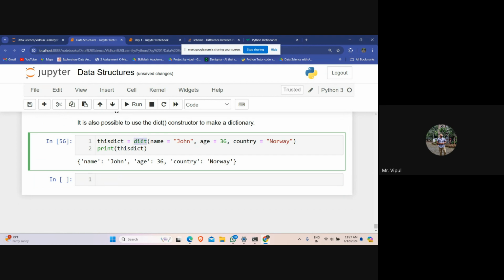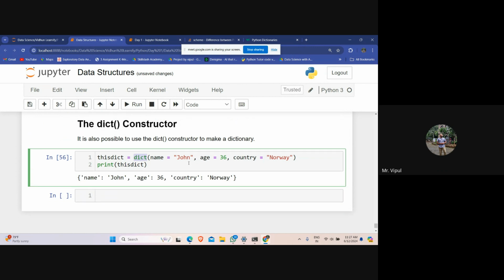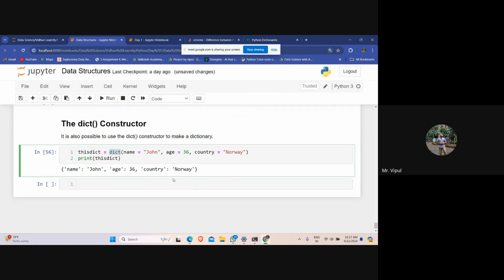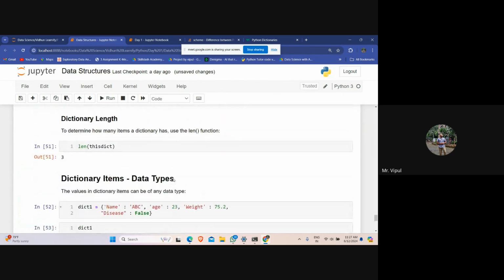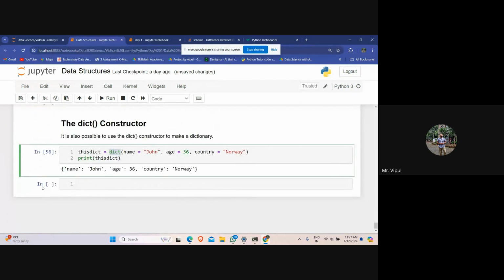DICT is a constructor that we have, and you can see that even though you are using round brackets, it is understanding that you want to create a dictionary over there, right? So this is all we have for a dictionary. If you have any questions, you can ask. Otherwise, we'll move towards the next part, which is tuple.